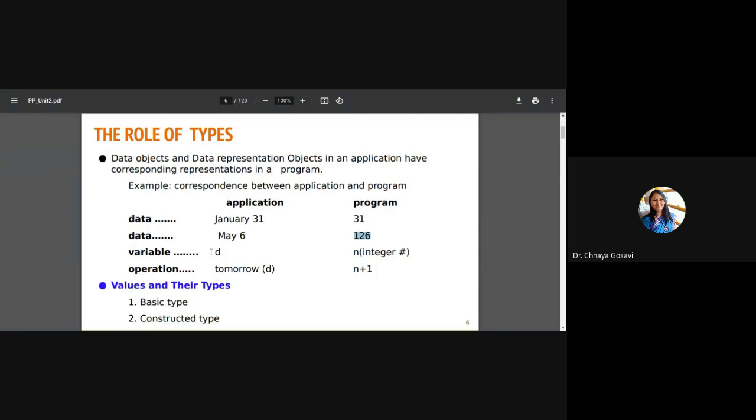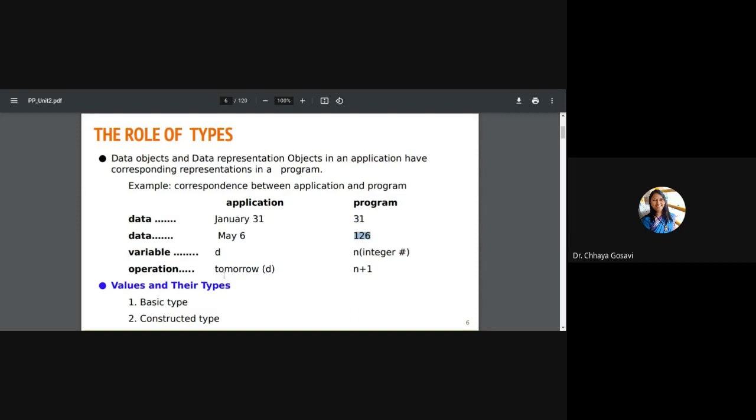May is the 5th month, so before that we have 4 months. 4 into 30 is 120, and this is the 6th day, so 120 plus 6, that's why it is 126. It is just, for example, a program counting the number of days. So Jan 31 is 31, then May 6 may be 126.